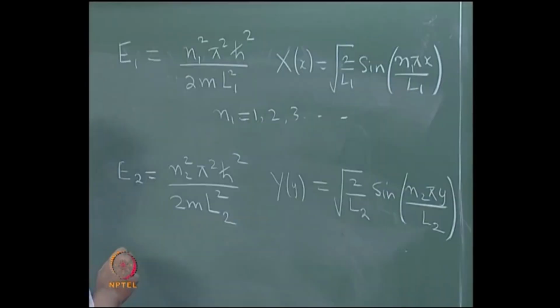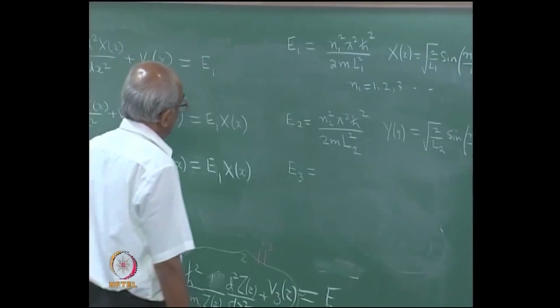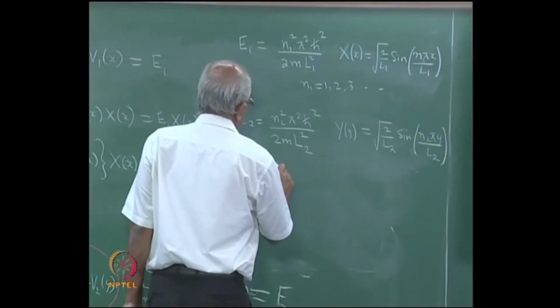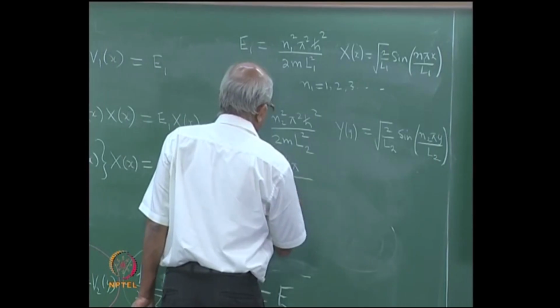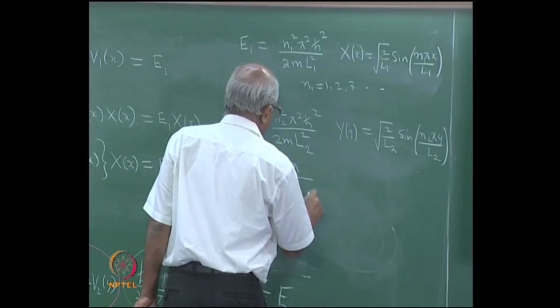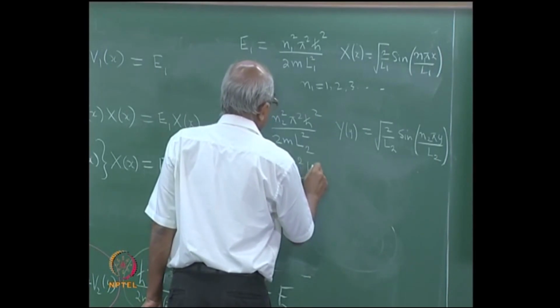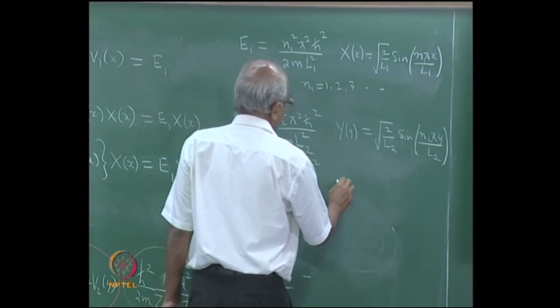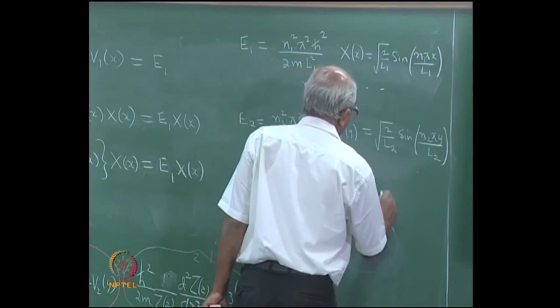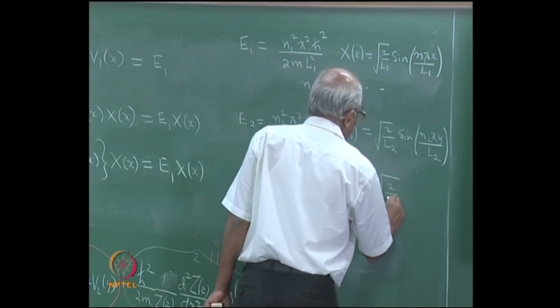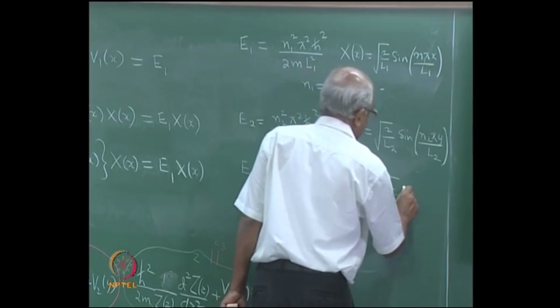And finally, if you think of E3, it is going to be given by n3 square by 2m L3 square pi square h cross square, and capital Z of z will be given by square root of 2 by L3 sin